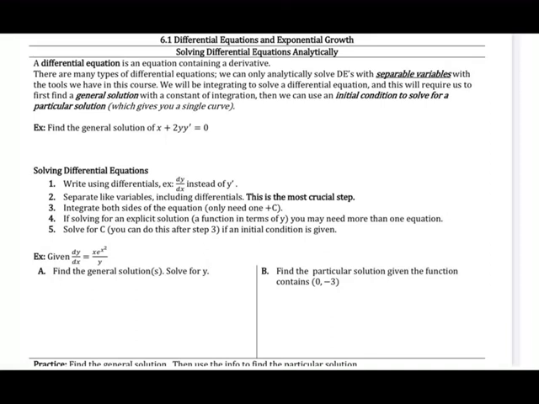So a differential equation is any equation containing a derivative. There are many different types of differential equations. Some of you will probably go on and in college take differential equations classes where you learn a ton of different methods to solve. However, in this class, we are only going to solve differential equations in which we have separable variables, meaning we can get all of our x's on one side and all of our y's on the other side. To do this, we're then going to be integrating both sides of the differential equation in order to